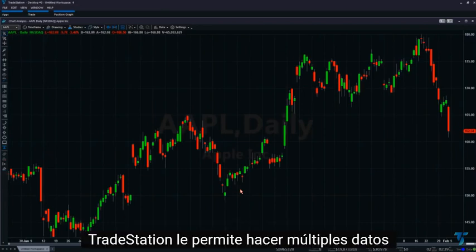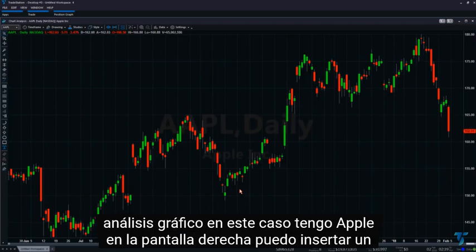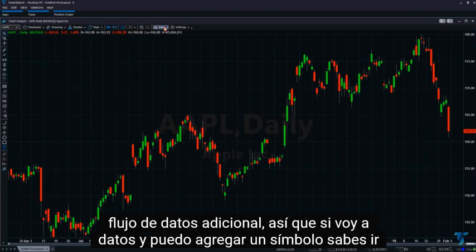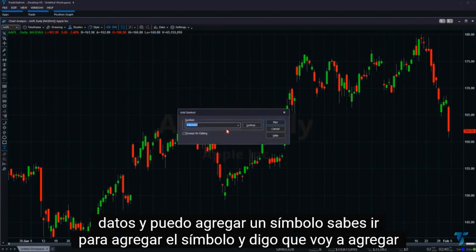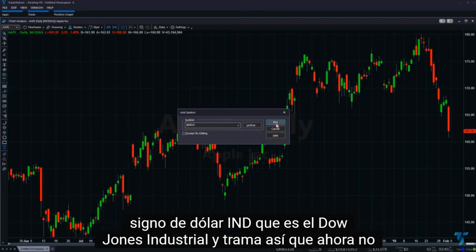TradeStation allows you to do multi-data chart analysis. In this case, I have Apple on the screen, right? I can insert an additional data stream. So if I go to data, and I can add a symbol. If I go to add symbol, and I say, I'm going to add $INDU, which is the Dow Jones Industrial,